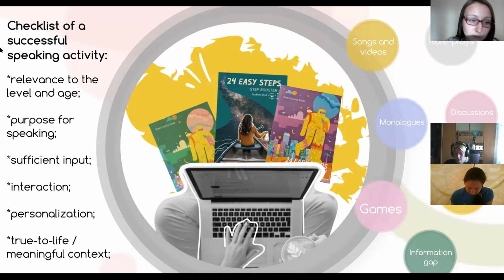Interaction. Again, as I told you, students learn to speak a second language by interacting. So that's very important. There might be different kinds of interaction, pair work, group work. Again, pairs may be closed pairs, open pairs. Try everything, yeah? Mingling activities are very great when they walk around the classroom, bump into each other, and then